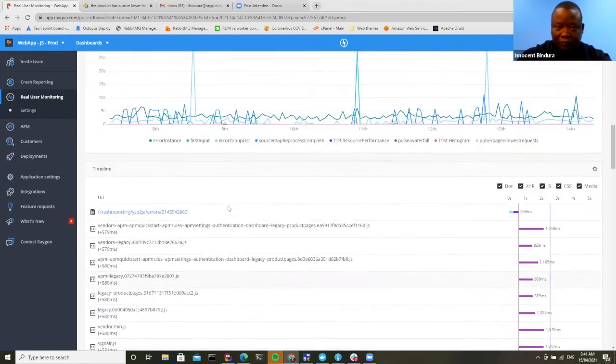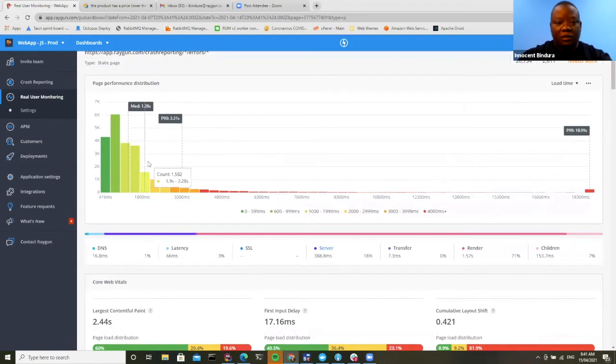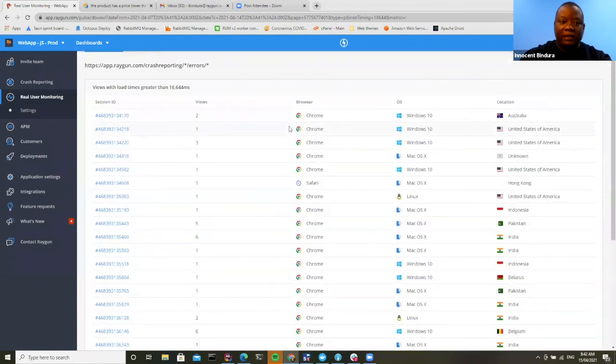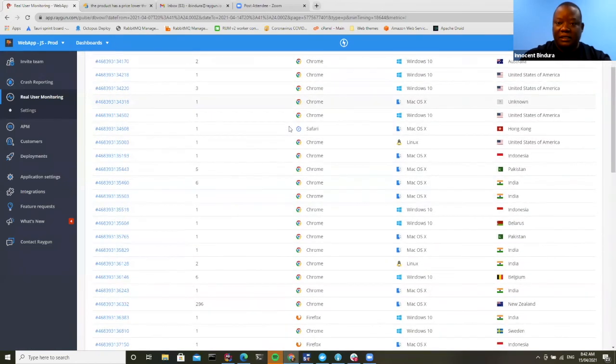Awesome. So this is what the histogram would look like. The bulk of my users will be at the peak on the left-hand side. Yeah, this is a relatively well-performing application. And like Holly indicated earlier, if I wanted to find out who has been affected by the slow speeds, I would be looking to click through there and jump into those sessions and see